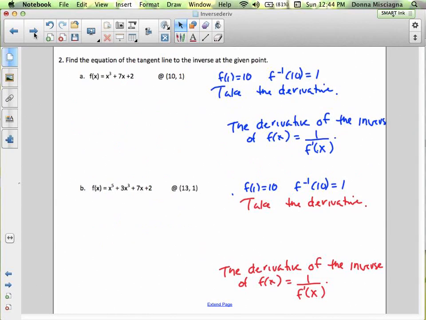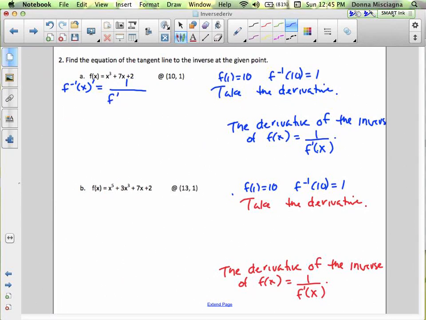All right, so here we want to find the equation of the tangent line to the inverse at the given point. All right, so we have the derivative of the inverse, I'll put it over here, is going to be equal to 1 over the derivative of the function evaluated at the inverse. All right, so now we have if f of